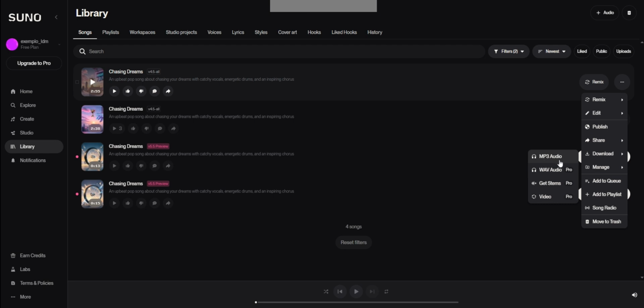After that, wait for the download to finish. Once it's complete, open your computer's downloads folder to find the audio file. You can then play it, move it to another folder, or use it in your projects, depending on your usage